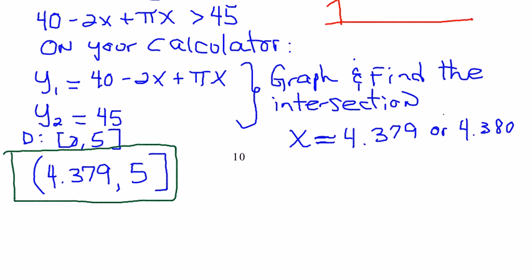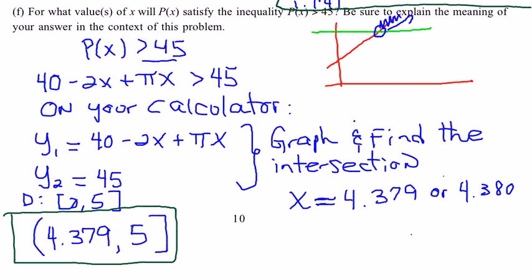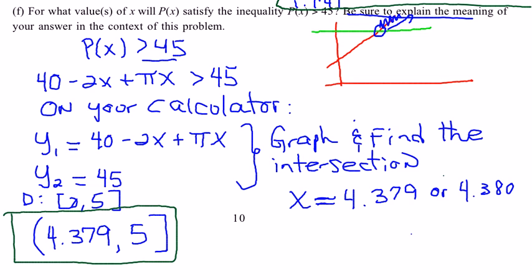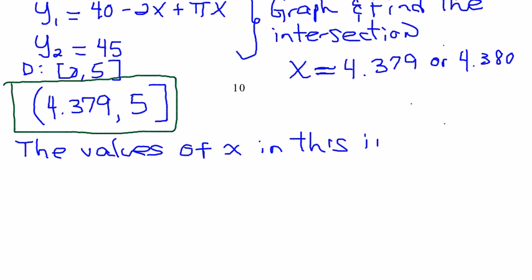Almost done. That's what we were asked to do to solve this inequality. We gave them the interval. We just need to explain the meaning of this answer in context. So what does this mean? Well, the values of x that we just found, in this interval from 4.379 to 5,